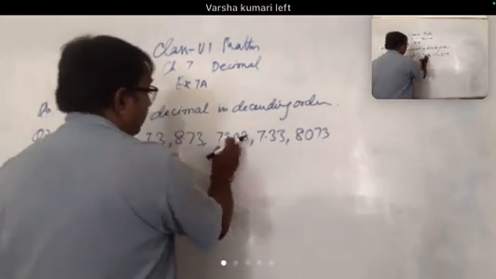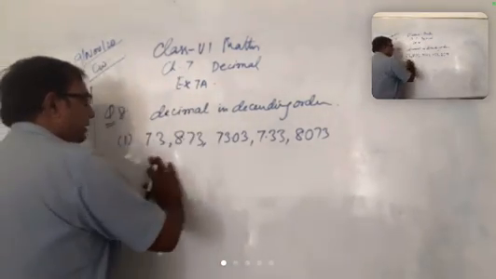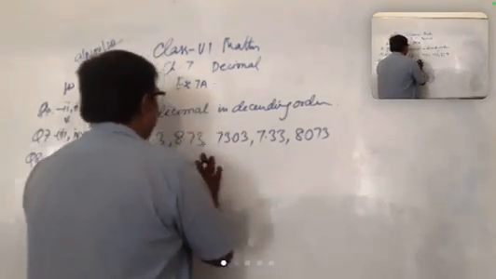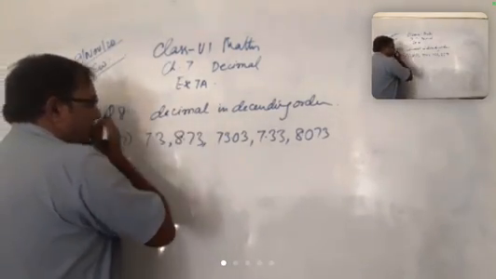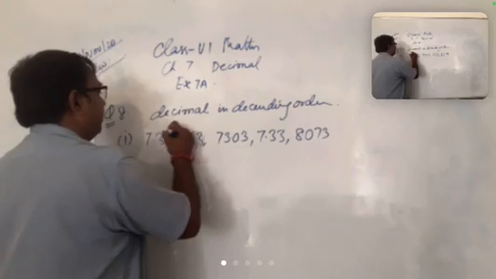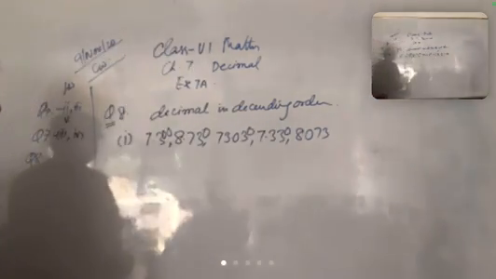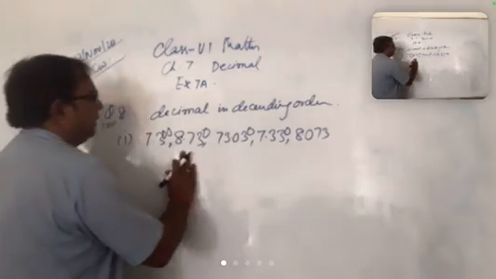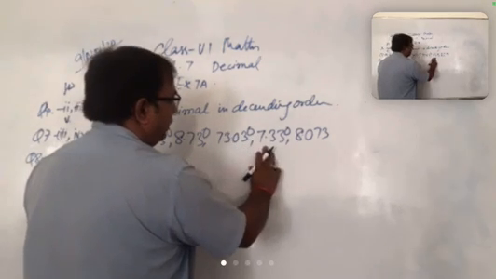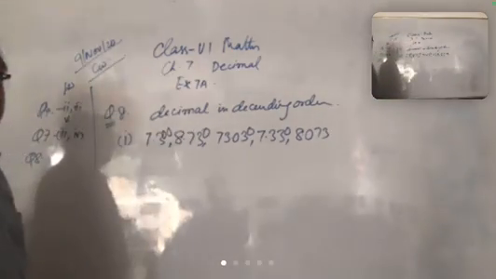तो अभी इसमें हम whole numbers को check नहीं करते हैं because there is so many numbers. So first we have to make the like decimal, then we will check that which number is small or which one is bigger. So now we can check the maximum place. The maximum place is 1000. So we put double zero here, zero here, zero here, and zero here. Now the numbers are 7.300, 8.730, 73.030, then 7.330, and the last is 8.073.